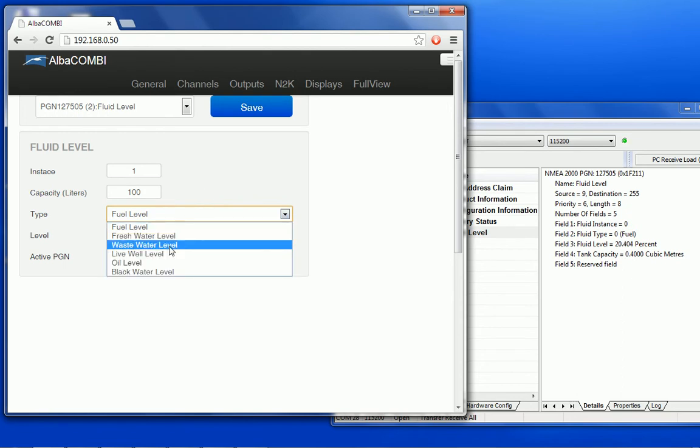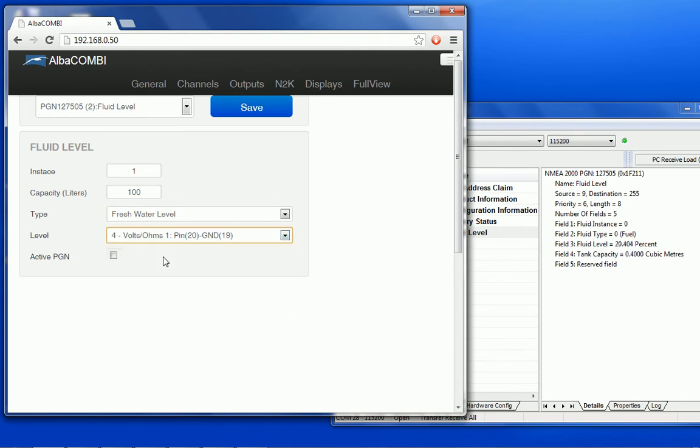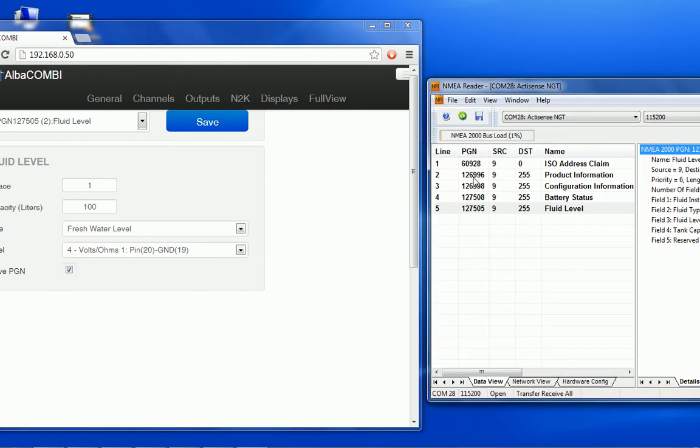This is fresh water, and the level is coming from pin number 1 because I have already used pin number 2 for diesel. I activate the PGN,